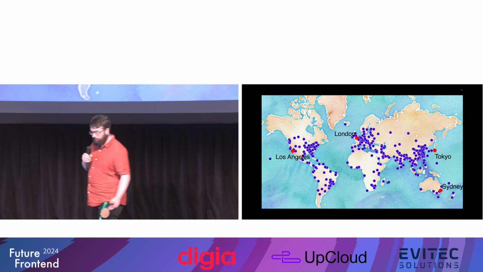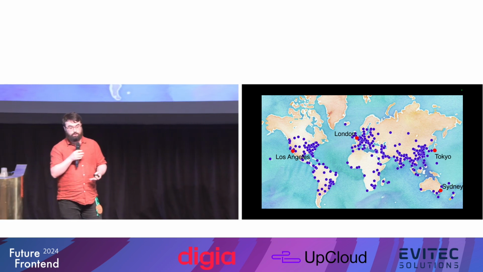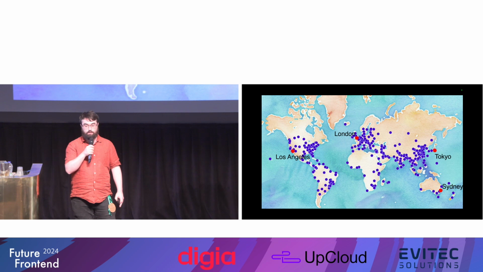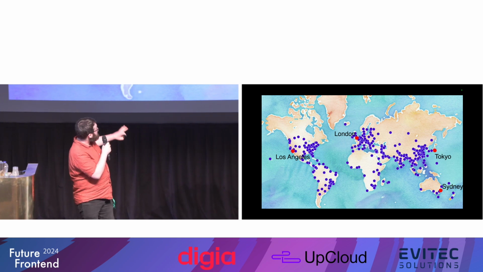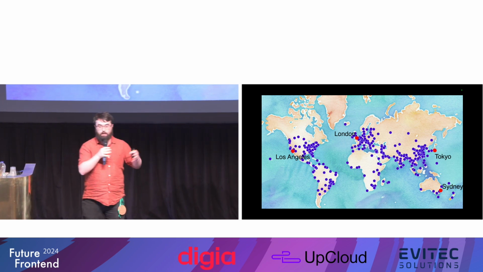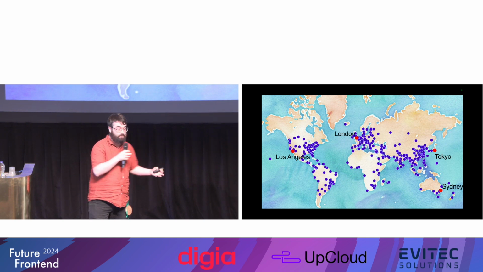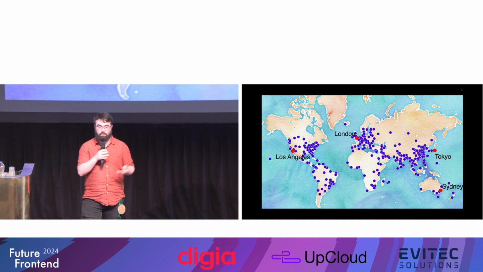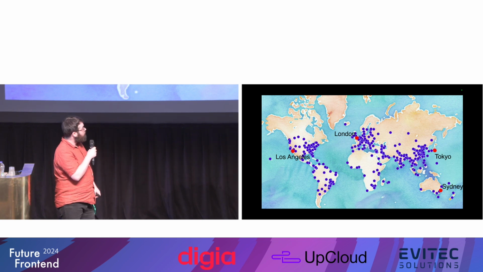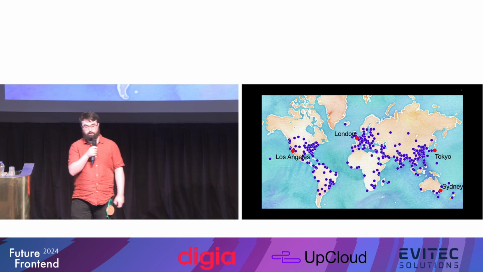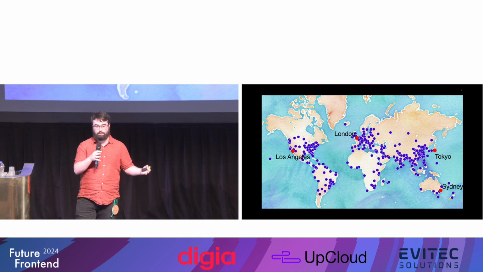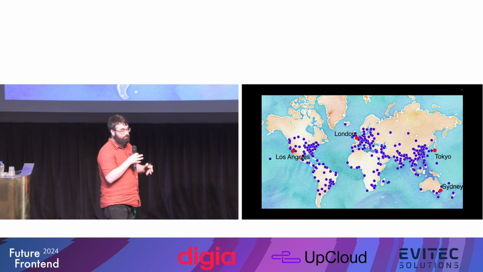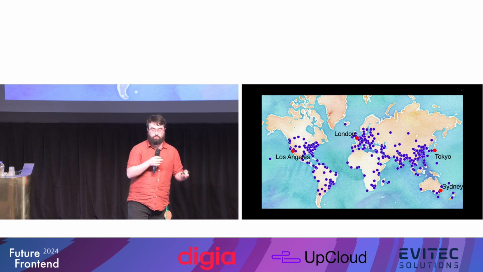So a different model of doing this is to run your servers on the edge, or to run your code on the edge, and just bring compute much closer to users. This is a map of Cloudflare's network locations, but every CDN provider has computers around the world. Fastly, Akamai, CloudFront all have things that map roughly similarly to this. And the idea really is to just run compute as close to your users as possible. So you don't have any network connection latency. All of the delay is stuff that your application is actually doing, useful stuff that your users want.